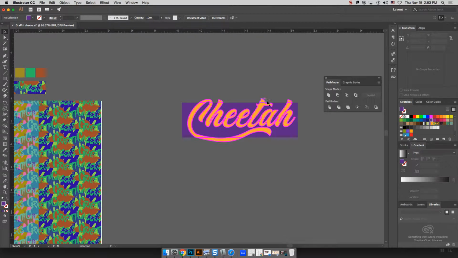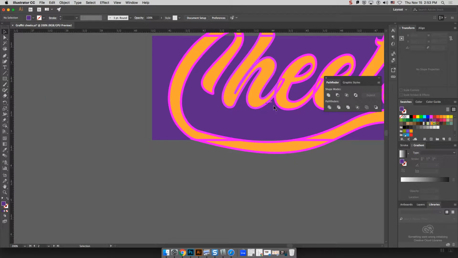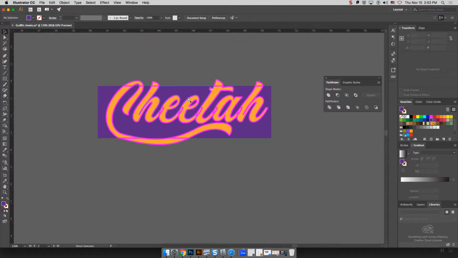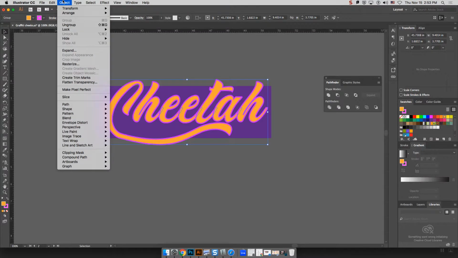And I know I've addressed this with a few of you. And actually, that would be problematic for this one too, because these letters overlap. So it's putting an outline on wherever they have an overlap, which is very obnoxious. But there is a way around this. So if we select everything except maybe the background, it doesn't really matter if we have the background selected or not for this particular thing. And if we go to Object Expand,